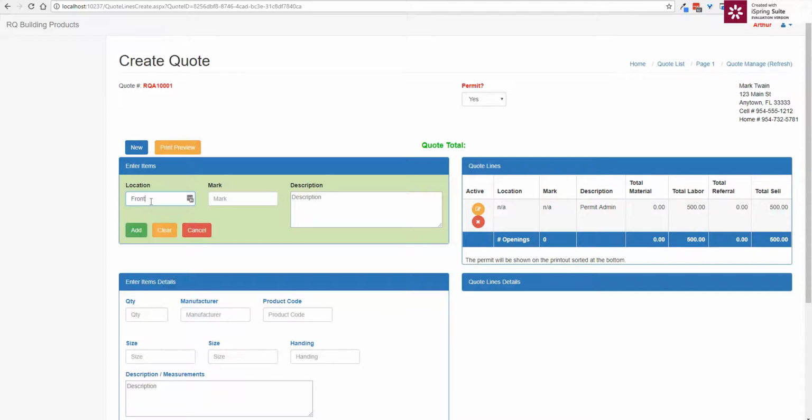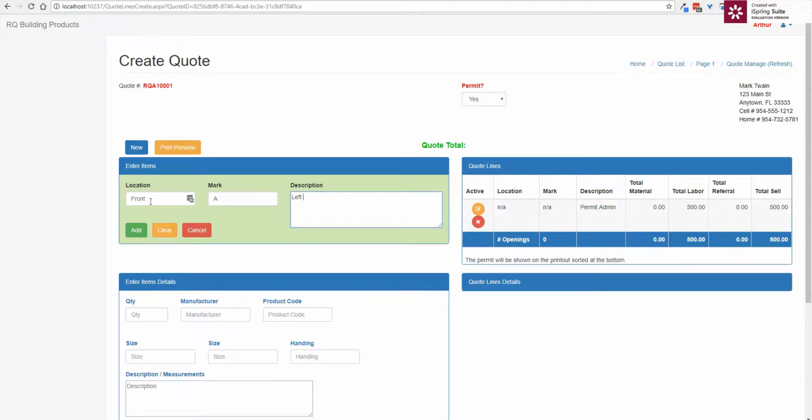So we're typing front, press tab, and the markings are usually something that's going to be an alpha sort. You can put in, but these are the things that were left behind. So we'll start off with an alpha. We'll do an alpha, and you might say something about that. A lot of times it's the full description of what you're trying to sell. So you might say it's a